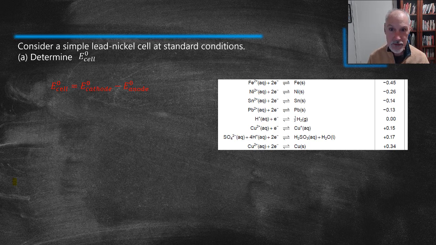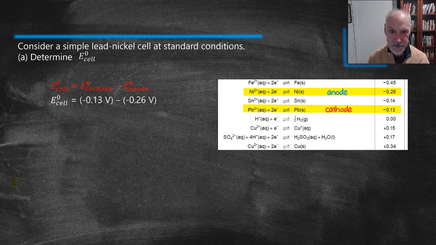The first thing I'm going to do is highlight the relevant equations, so the nickel and the lead. The first thing I notice is that lead has a higher electrode potential, a greater tendency to gain electrons. That's going to be at my cathode, and the other reaction would be reversed and be at the anode. Substituting the values into this expression and solving for E cell, we get positive 0.13 volts,